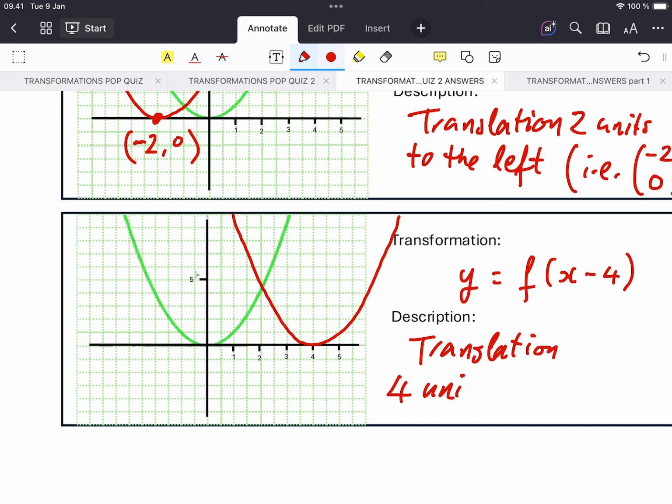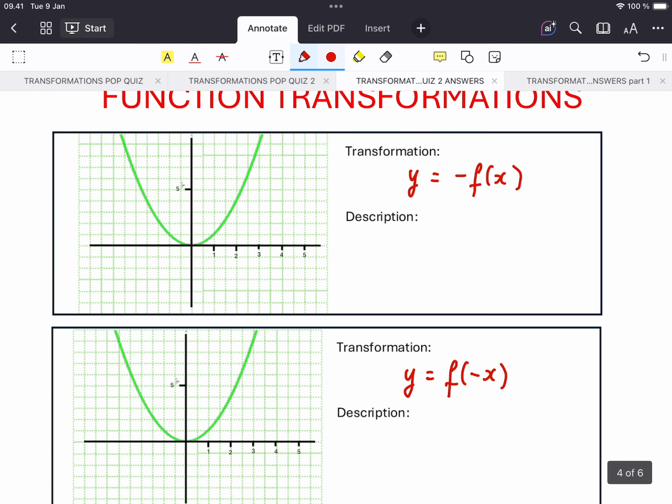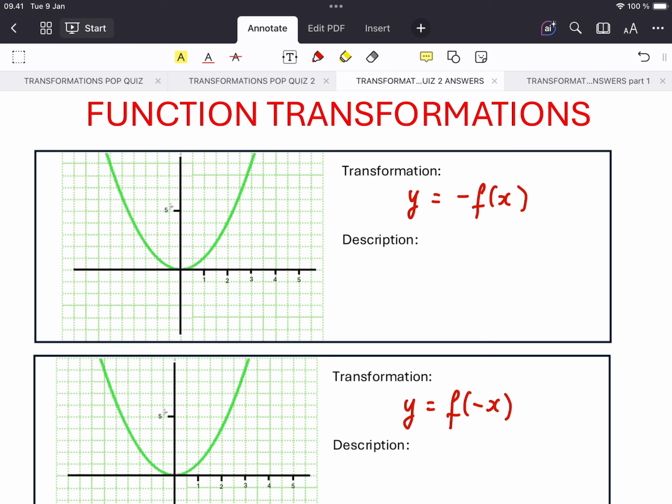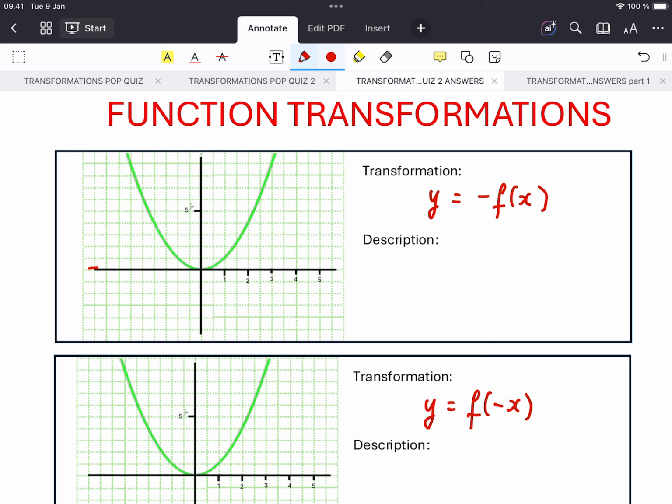4 units to the right, or in other words, it's by the vector (4, 0). Okay, moving on to the next one. y equals minus f of x. So that's just all of the values being the negative of what they were. So that's just going to reflect everything in the x-axis, and then the whole graph will get flipped upside down